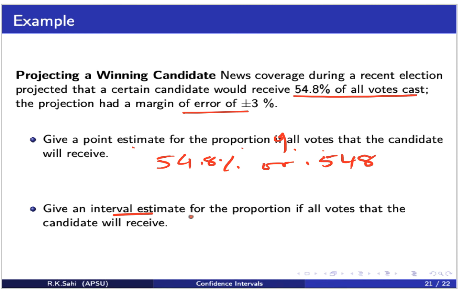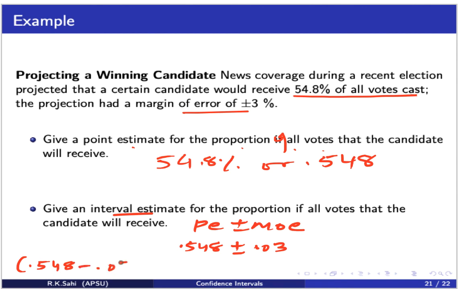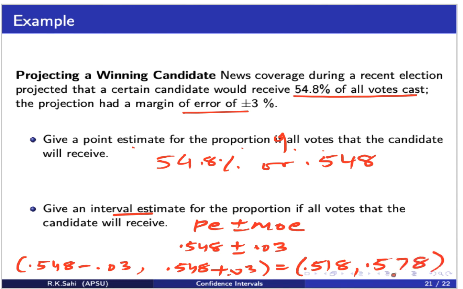Okay. We would like to have an interval estimate. Now remember, the interval estimate means what? Point estimate plus minus margin of error, which is 0.548. What is the margin of error? 3%, 0.03. So once again, the interval is going to be what? 0.548 minus 0.03, 0.548 plus 0.03, which gives me what? The answer is 0.518 and 0.578. Okay,